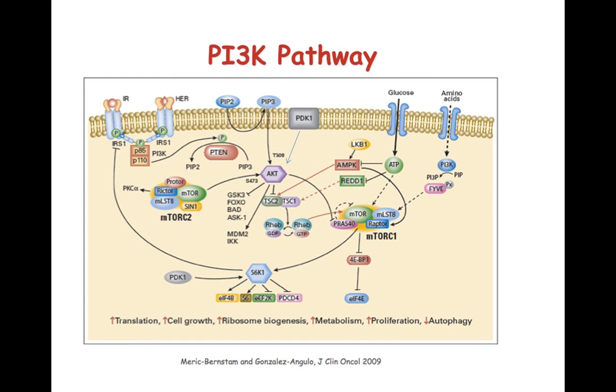So I've now talked a couple of times about this protein PTEN. This is the PI3 kinase pathway, the phosphatidylinositol 3' kinase pathway. The important thing to remember for this talk is that this enzyme basically does one thing. It takes this molecule in the cell membrane called PIP2 and adds a phosphate to it, turning it into PIP3. And PTEN takes it in the other direction. It's a phosphatase. It takes PIP3, clips off the phosphate, and turns it back into PIP2.